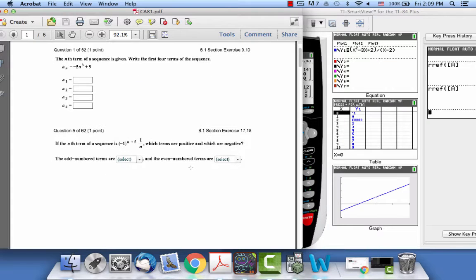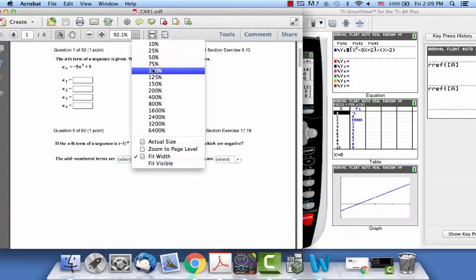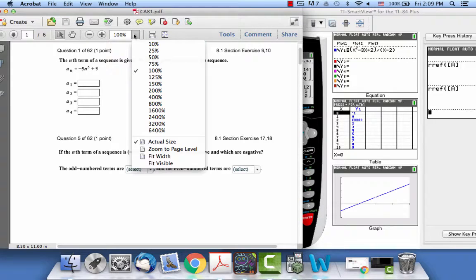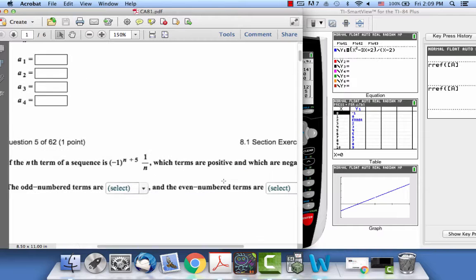Then the next one, the nth term is given this way. Anytime you see minus 1 to a power like this, let me zoom in a little, it's going to end up alternating sign. Negative 1 to an odd power is negative, and negative 1 to an even power is positive. So we end up with